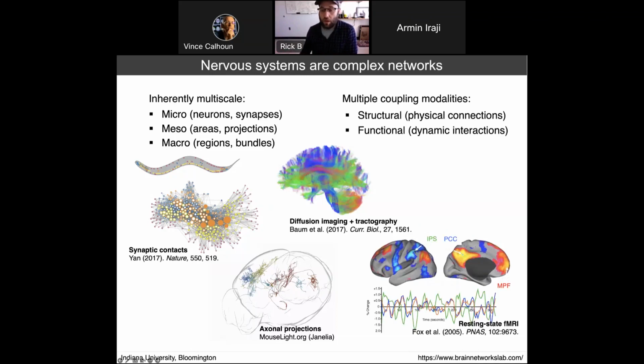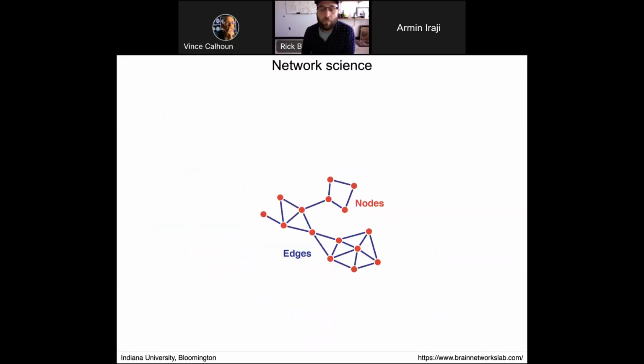So perhaps the canonical example for this group and for my work is the correlation structure of resting or task fMRI. So typically when we talk about functional connections or functional networks, we're talking about time series recorded from different points in the brain. They are functionally connected if they are usually correlated with one another, and otherwise we consider them not connected. So a prime example here is the seed positioned in posterior cingulate and medial prefrontal cortex, the blue and the orange curves, and you can track them across time. You'll notice that they follow very similar pathways. We would say that those areas are functionally connected with one another.